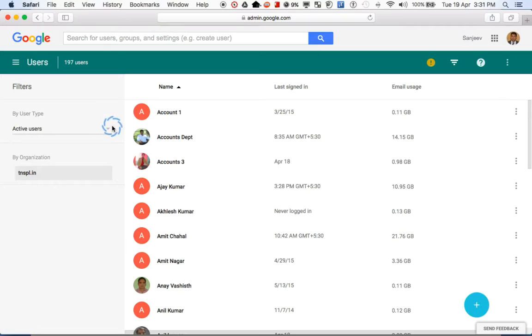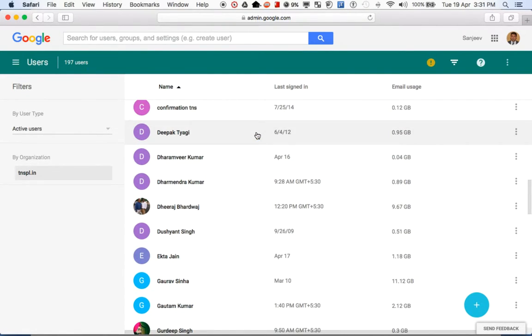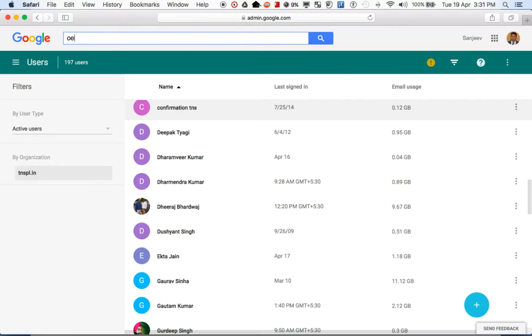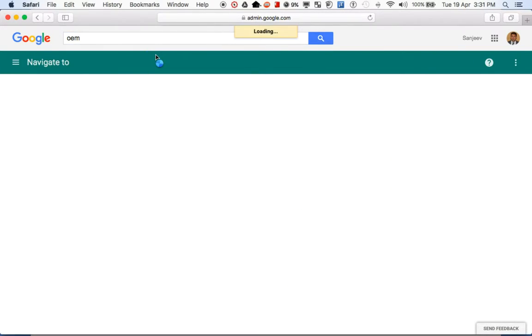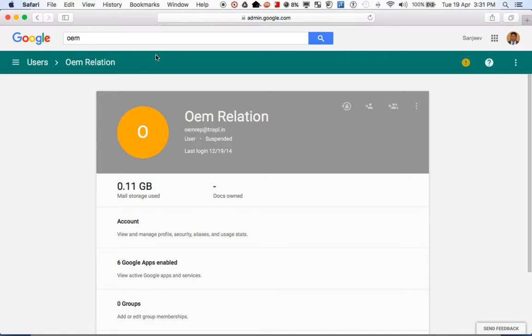So these are the filters. Now here currently we have all the active users, and let me just search. Yeah, so here we have this user. This has now been suspended. That is why we are not able to see it in the active users.